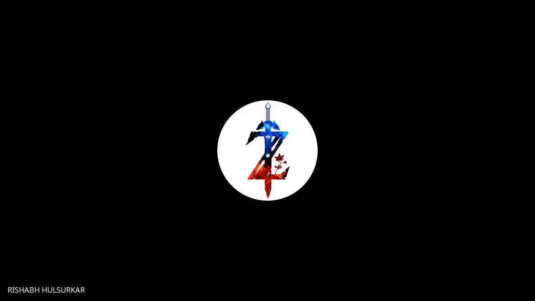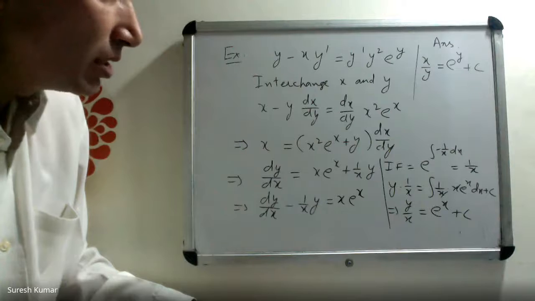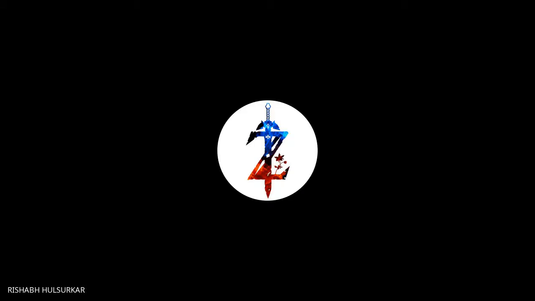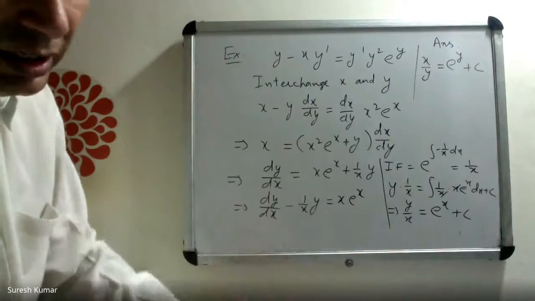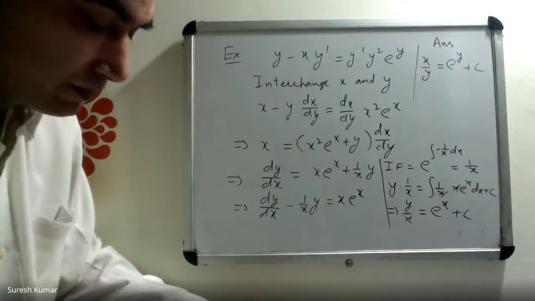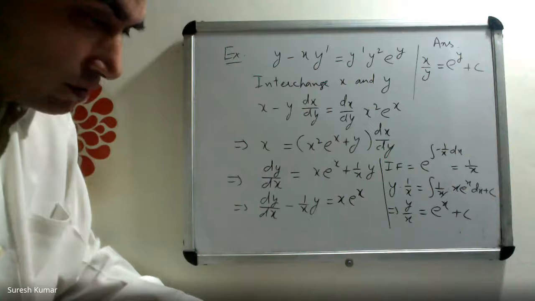Okay, so you, Sir. Yes. So we didn't actually have to interchange x and y. Why can't we just perform the same steps in the original equation? Write y dash as dy by dx and then do the exact same thing we did here. You are doing y dash as? Write y dash as dy by dx and then follow the exact same manipulations we just did. What you're telling is the same thing. It's not different from that.